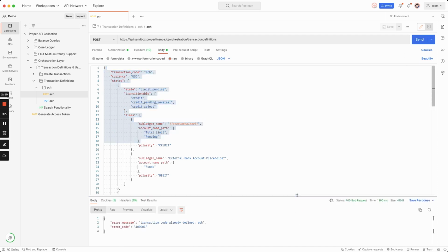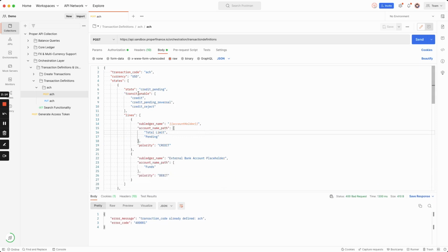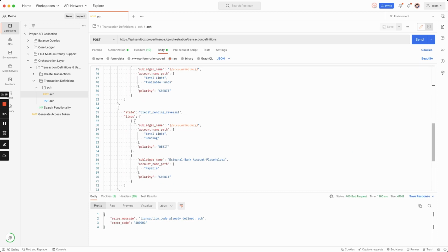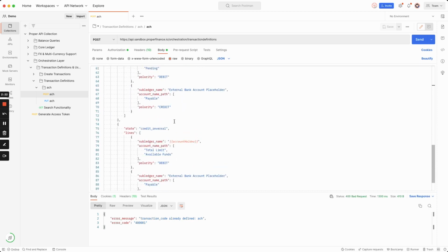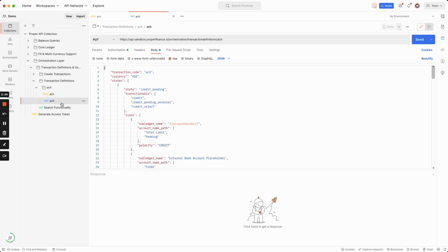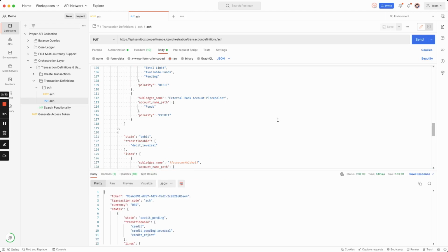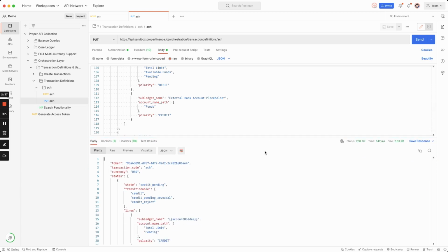As you can see here, we've already created an ACH transaction code. So in this instance, I've defined a state for credit pending, credit, and then credit pending reversal, along with credit reversal, but no debit states. You can always update a transaction definition, and so here I've also included debit states, and I'll go ahead and create that. So you can see here that was successful,